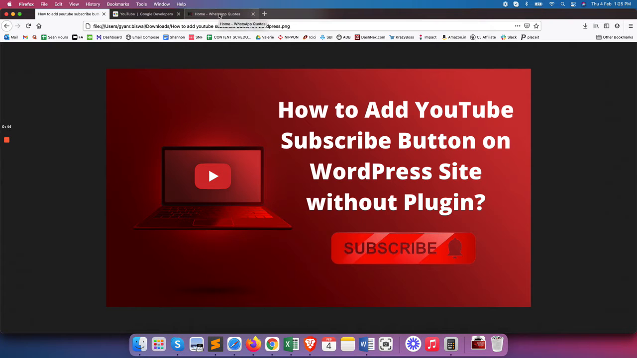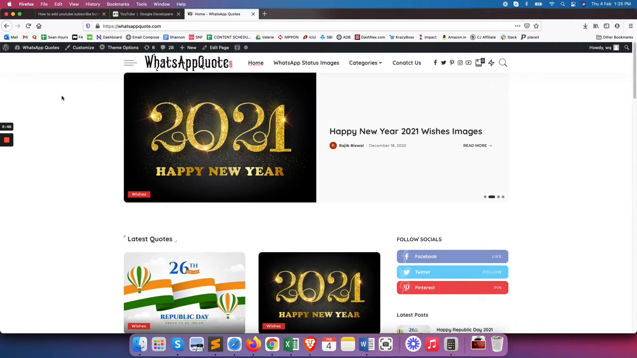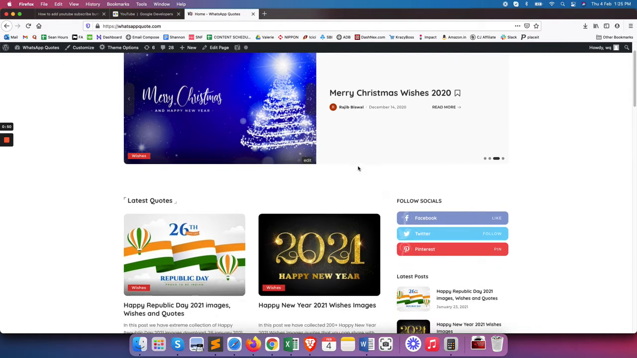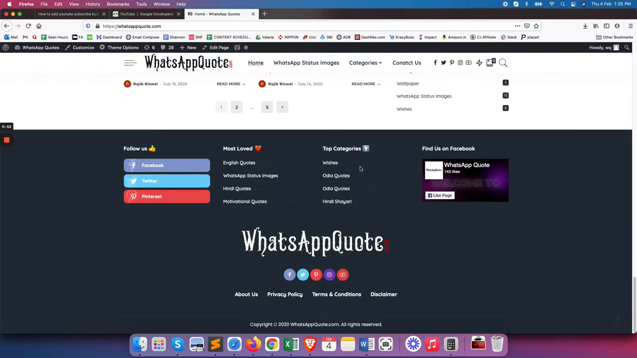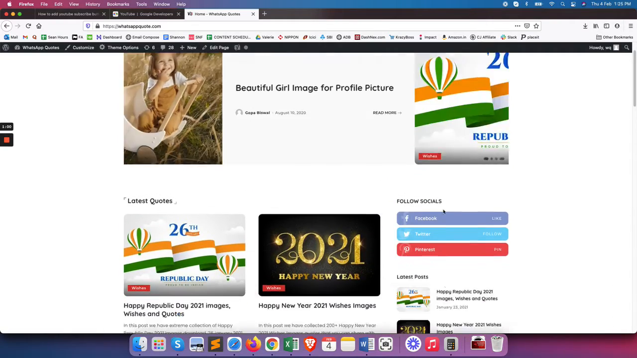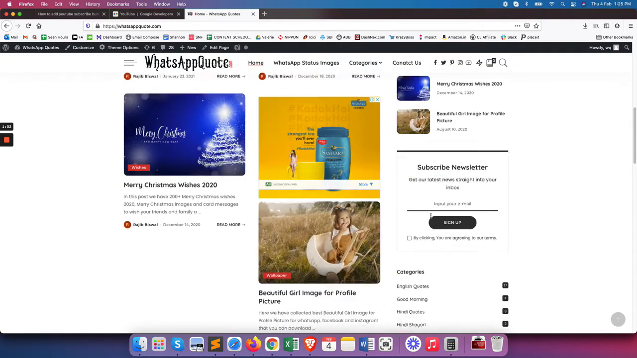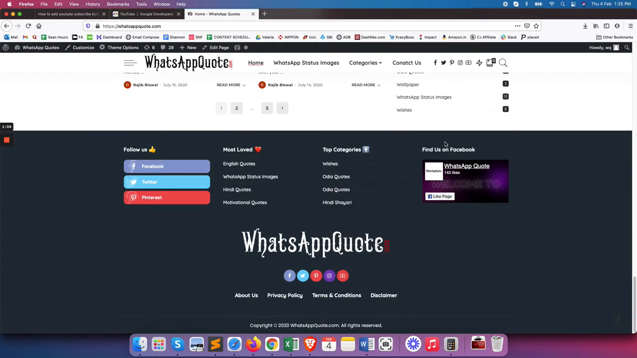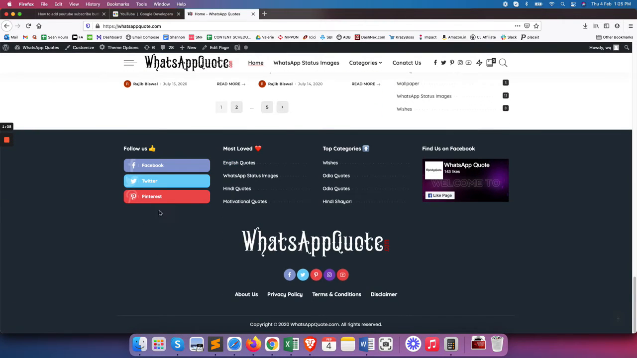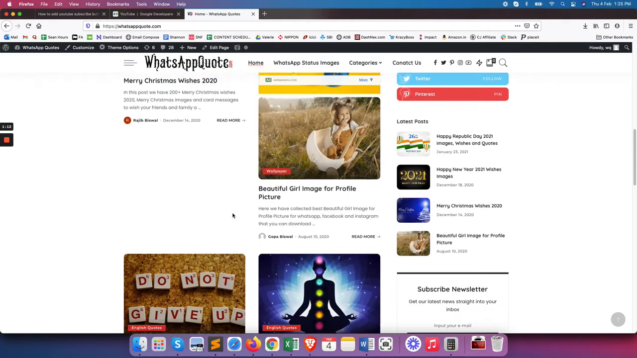Okay, so let's go to a website. This is the website whatsapp.com. You can see this is the site, and it doesn't have a YouTube subscribe button here, but I want to add a subscribe button, maybe here, or maybe in the sidebar, or maybe at the bottom here. Okay, so in order to do that